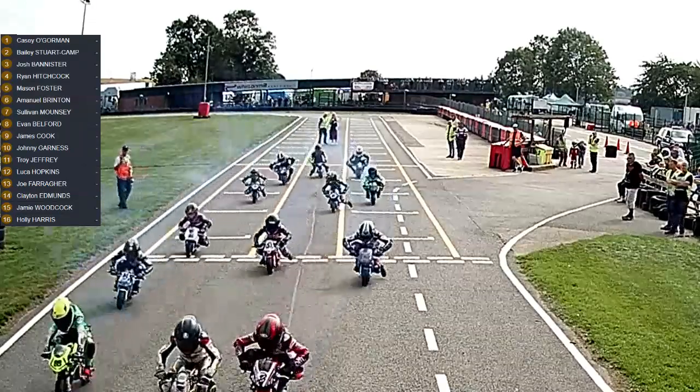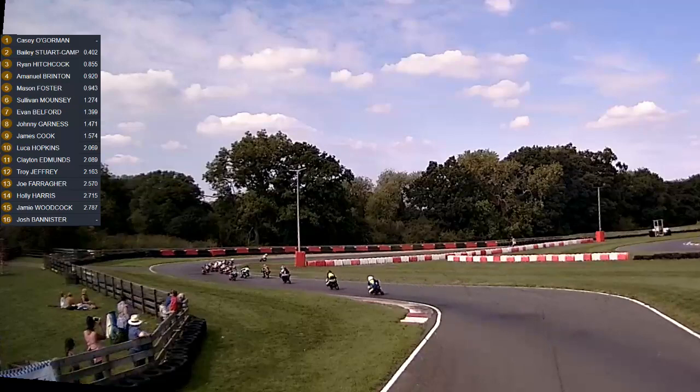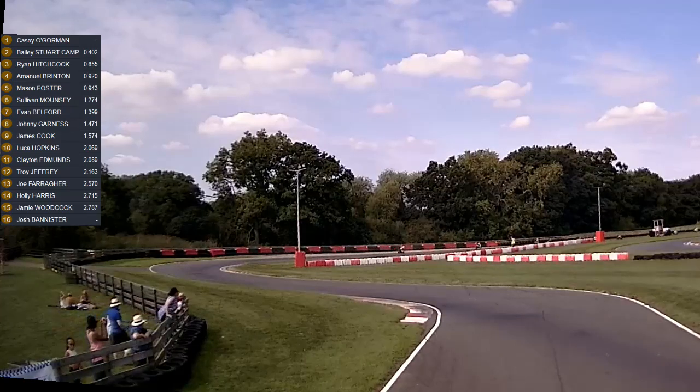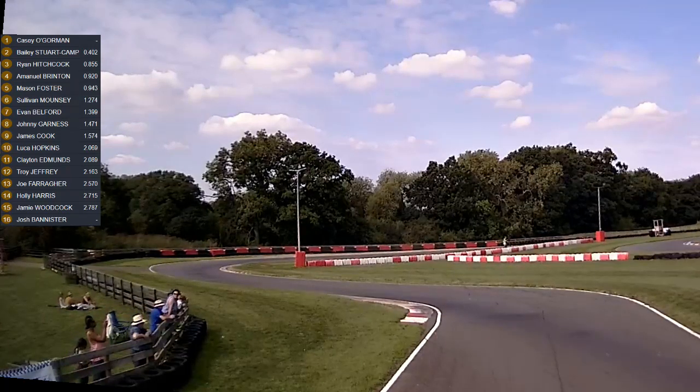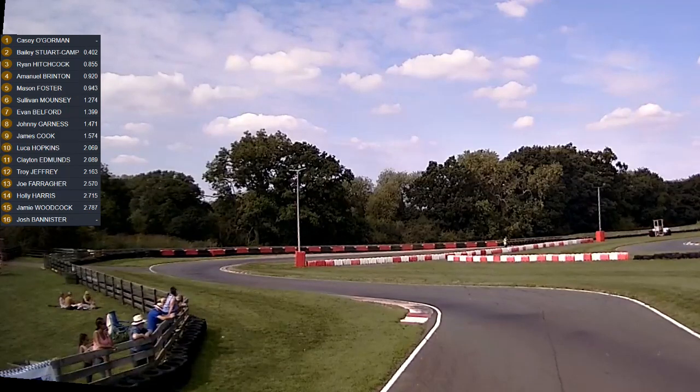We are racing at Whilton Mill, and it's Casey O'Gorman who leads going into turns 1 and 2, left and then right for the first time out of 9, and there's already gaps quite significantly on Bailey Stewart-Campbell. Emmanuel Brinton got a great start and is getting really stuck in for the battle for second place at the moment as they make their way through the really tight complex of corners. Left, right and then right again, and then all the way down to a right-handed hairpin. We have to stop on a dime, but so far it's Casey O'Gorman in the lead quite convincingly from Bailey